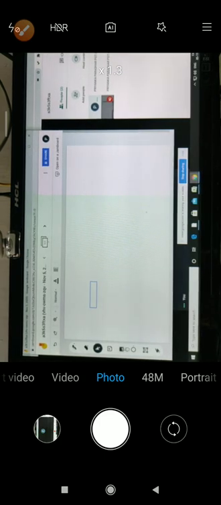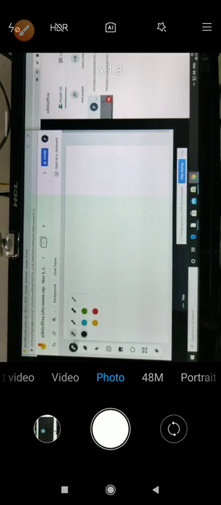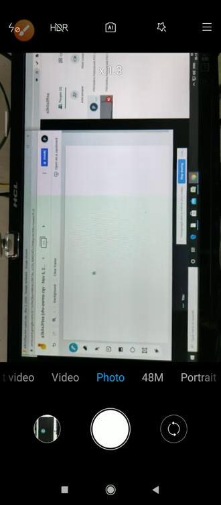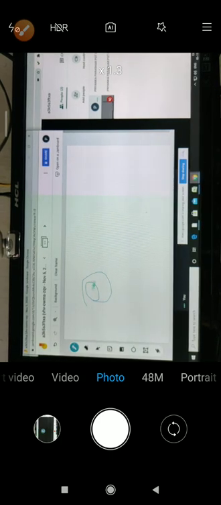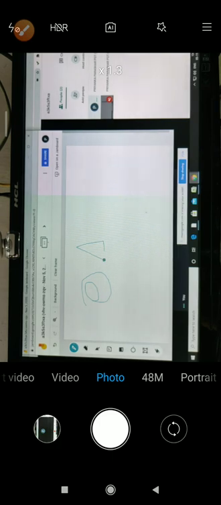Okay, now one by one, if you want to use the pen, then use it, and different colors are also given: blue, black, green, red. If you have used the pen for drawing something, like you want to show a circle or a triangle, and you want to erase it, then use the eraser. Or clear frame, which means at a time you will get a clear frame.